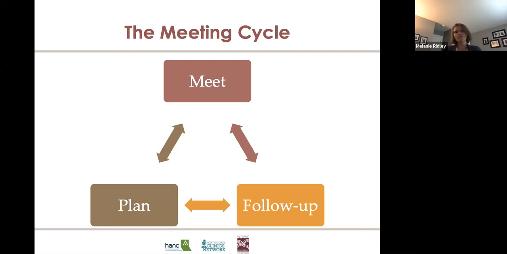And we want to make sure we understand who's responsible for all of this work, because it is work. And so is that our project manager, our team leader, our facilitator? Who do we have on our team that can help make sure all of these things are happening? Being really clear about who's doing what as part of this meeting cycle is really critical.